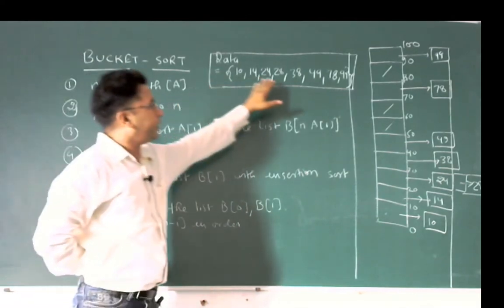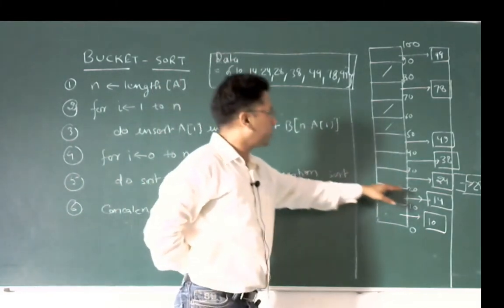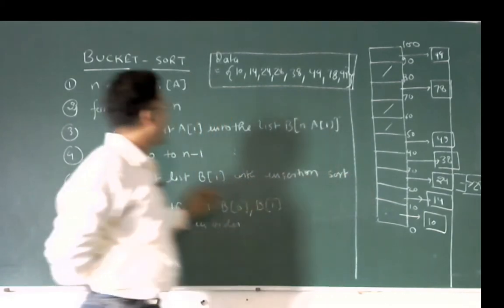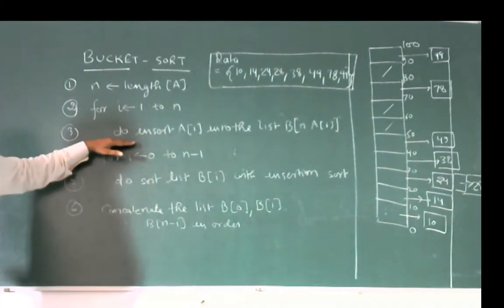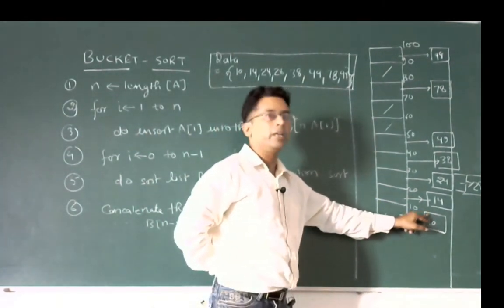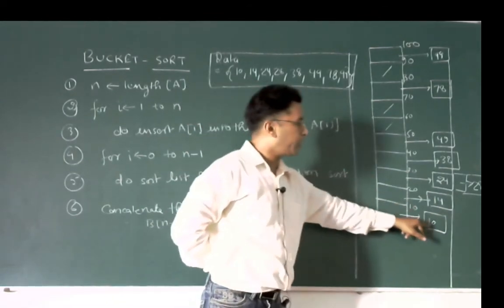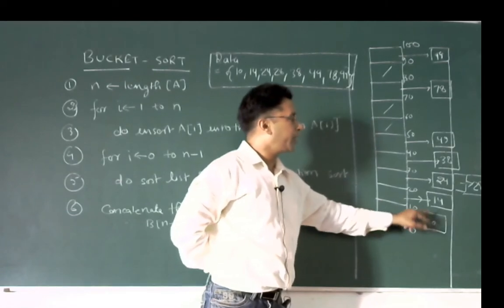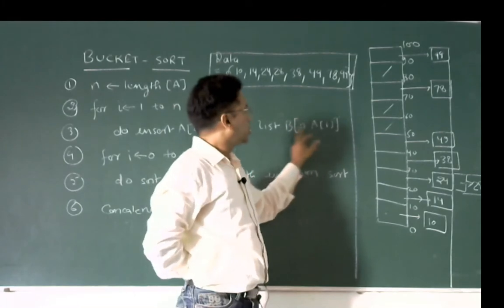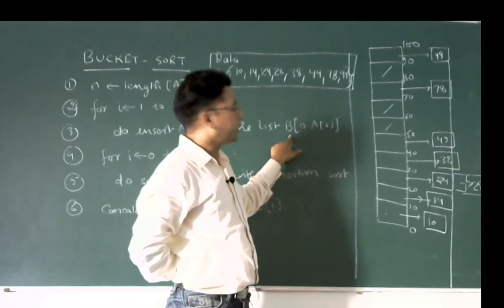Suppose this is the data array, and we are allocating data into this other sequence in which we allocate n number of data. Suppose B is the second list. In every bin we maintain a list, an array itself. In each bucket we maintain a linked list in which data are linearly sorted with the help of insertion sort. So there are n elements of B, and the A[i] that lie in the same